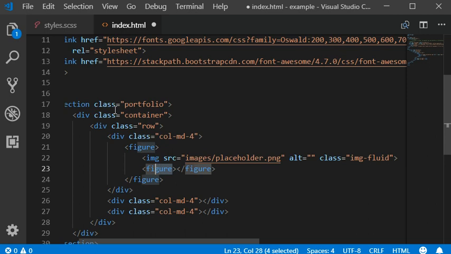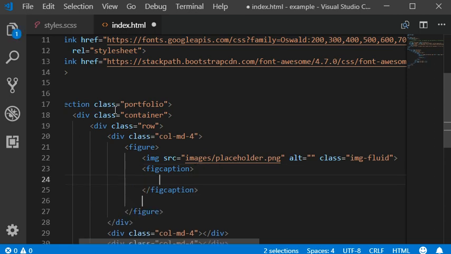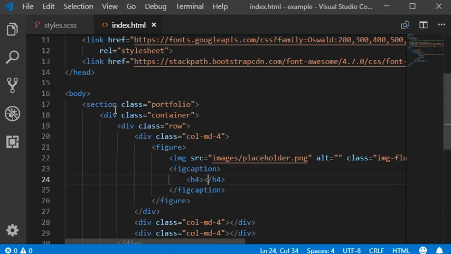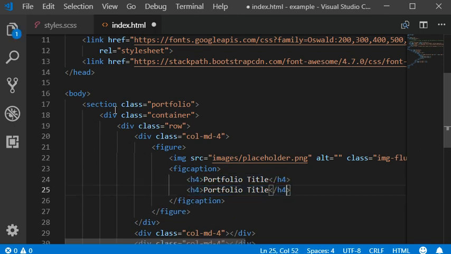Figcaption, and then we need to add a heading over here with the h4 name, and then we will add our portfolio description here, maybe a title here, and then add some paragraph here, which has the description